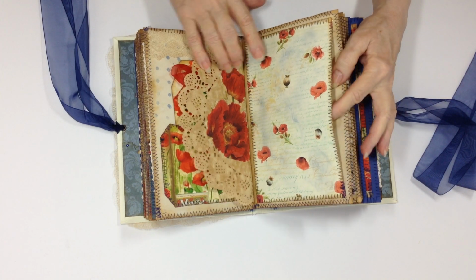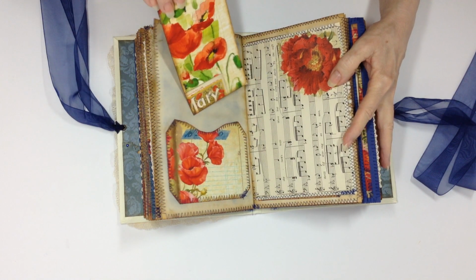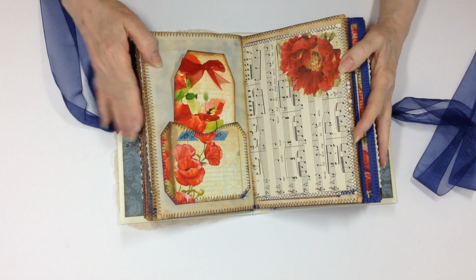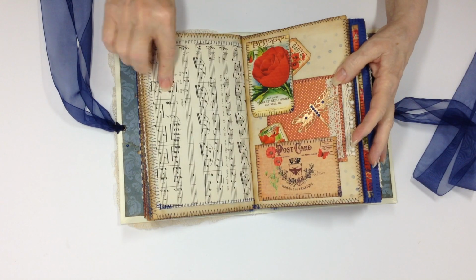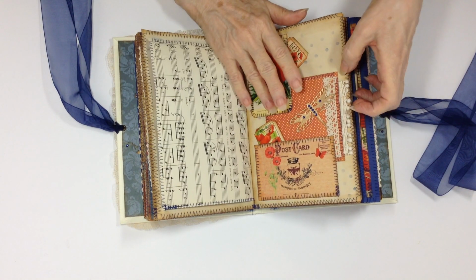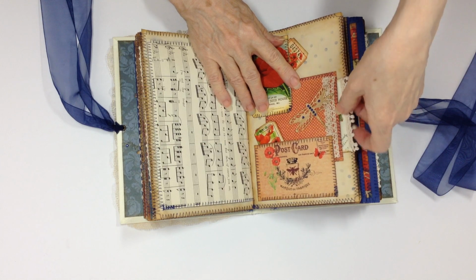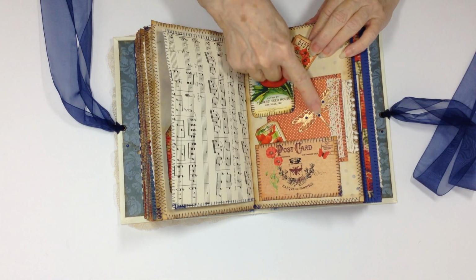Here's another one of those back pages and a pocket. Another pocket with a journaling card in it. And I've kind of put brushed ink on the pages to give it the dark blue look. And then I decoupaged a napkin onto the music page. Here's another little pocket, and there's a ticket, and this pocket pulls out with another tag that I've added trim to. That is some trim that was gifted to me, some vintage trim. And I've made a pocket out of this tag,